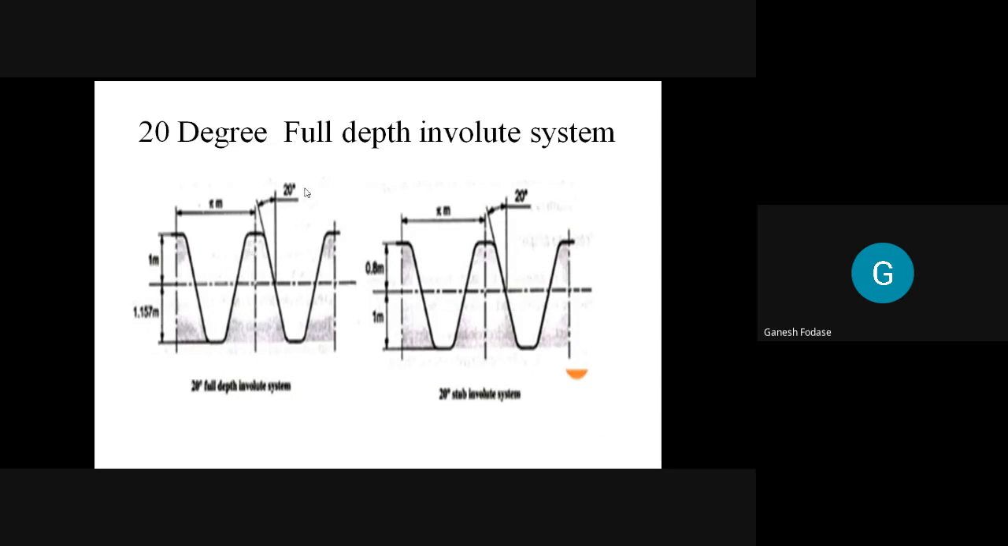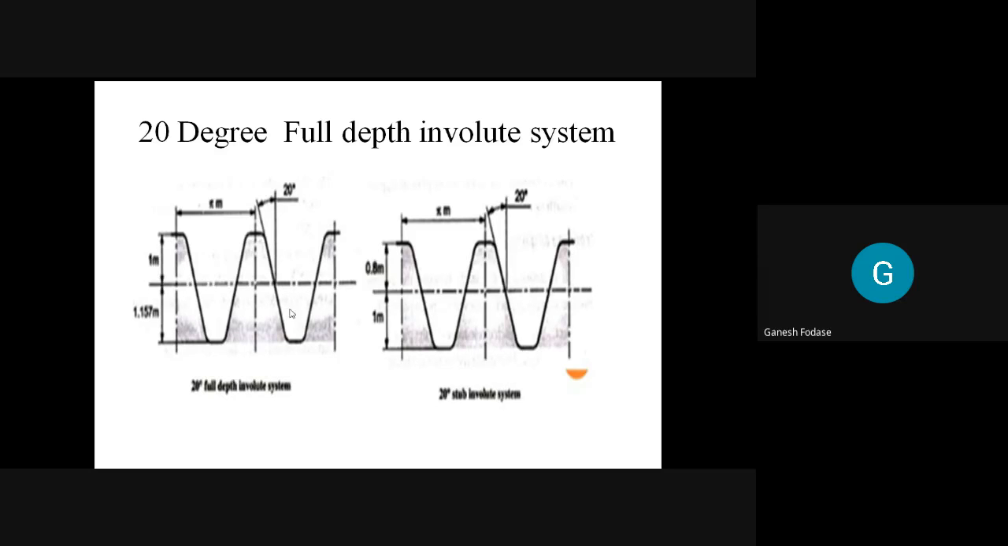Only the change is the pressure angle is 14.5. So if the pressure angle is 14.5 instead of 20, I can say the system is a 14.5 degree full depth system. But as the pressure angle is 20 degree here, this one is a 20 degree full depth involute system. So the first three, that is 14.5 degree composite, 14.5 degree full depth, and 20 degree full depth, are the systems having addendum equal to 1 module and dedendum equal to